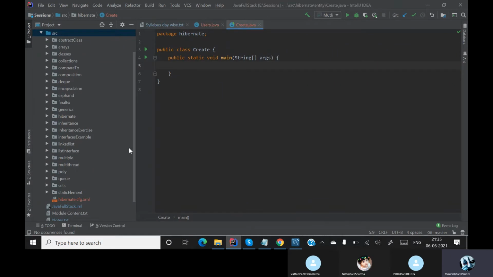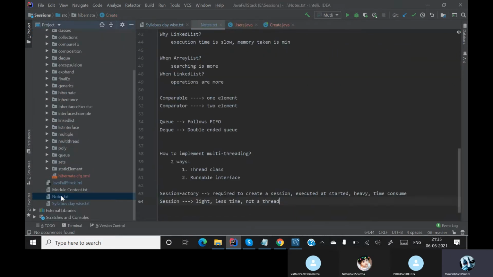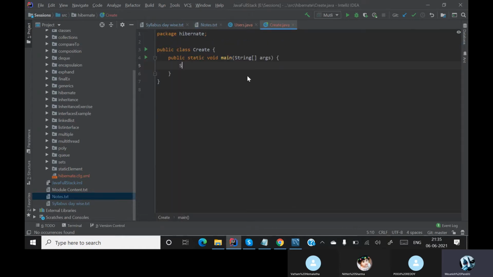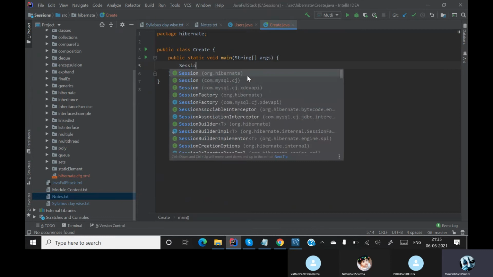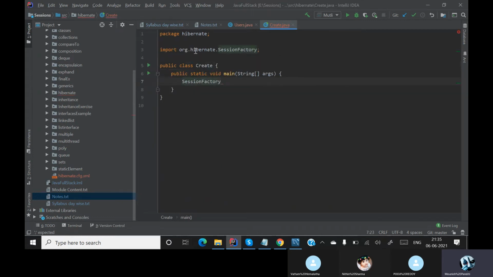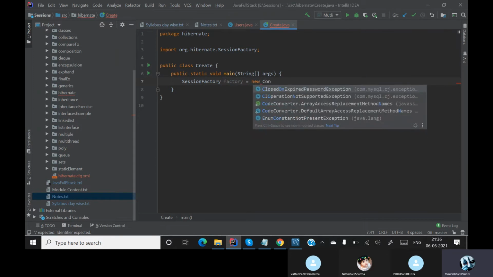We already got to know from our explanation in notes that any Hibernate program should first have a session factory, then a session. So first let me create a session factory. I am importing it from org.hibernate and I'll name this factory, which is equal to new Configuration.